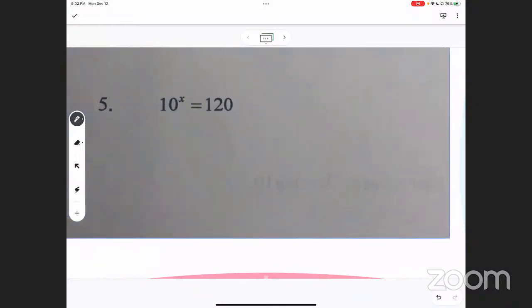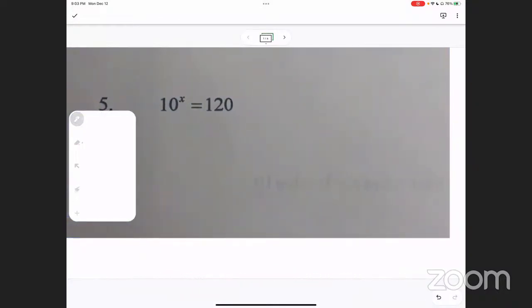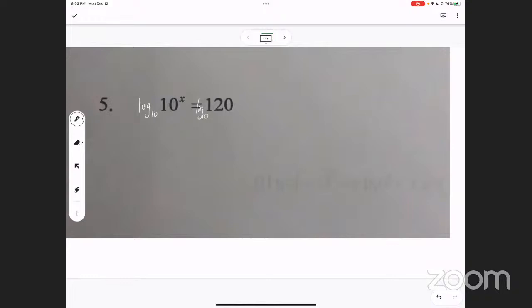All right, we're solving. Okay, so to solve this problem, we're going to have to take the log base 10 of both sides. And when I do that, why do I do that? What am I allowed to do with this x when I do that? You can move it to the front. That's right. And what's the log base 10 of 10? 1. So this is just x equals log base 10, which I don't have to write the 10, of